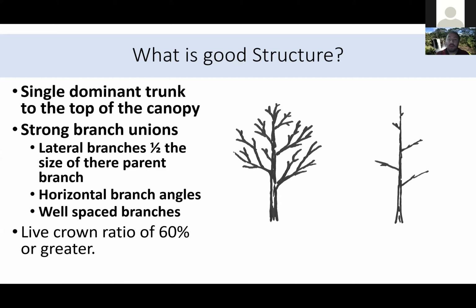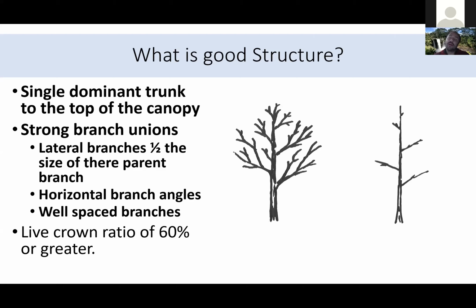We also want them well spaced radially, so no permanent branch is directly above or below another permanent branch, right? They come out at some other angle. It won't ever be perfect, and if you're a very orderly person, you may just have to accept that they may not be one at one angle, the next at 90 degrees, the other one 90 degrees from that. They may be kind of wild, but we just don't want one permanent branch anyways, coming out directly above or below another permanent branch. Hopefully that makes sense.